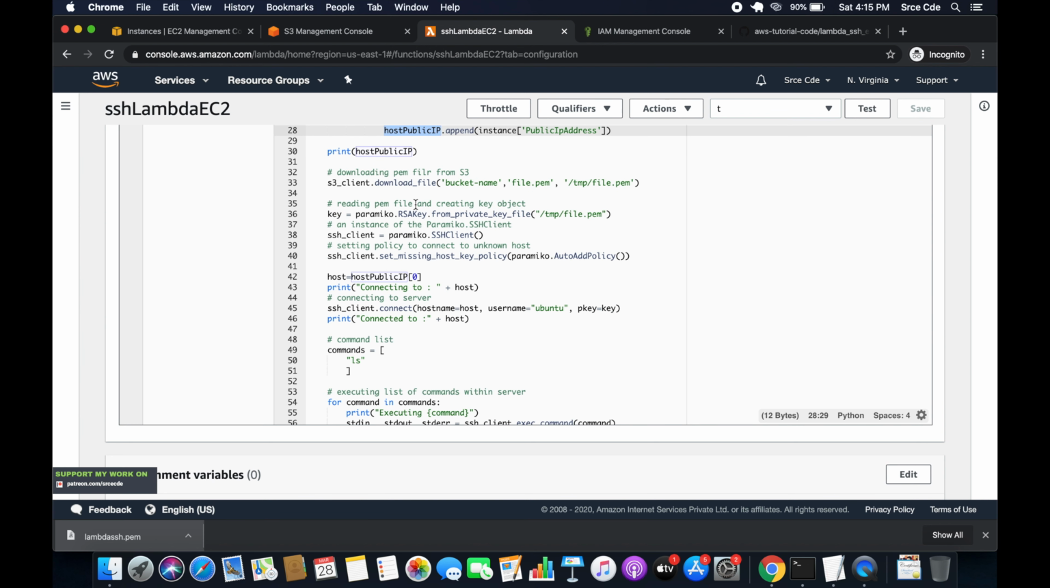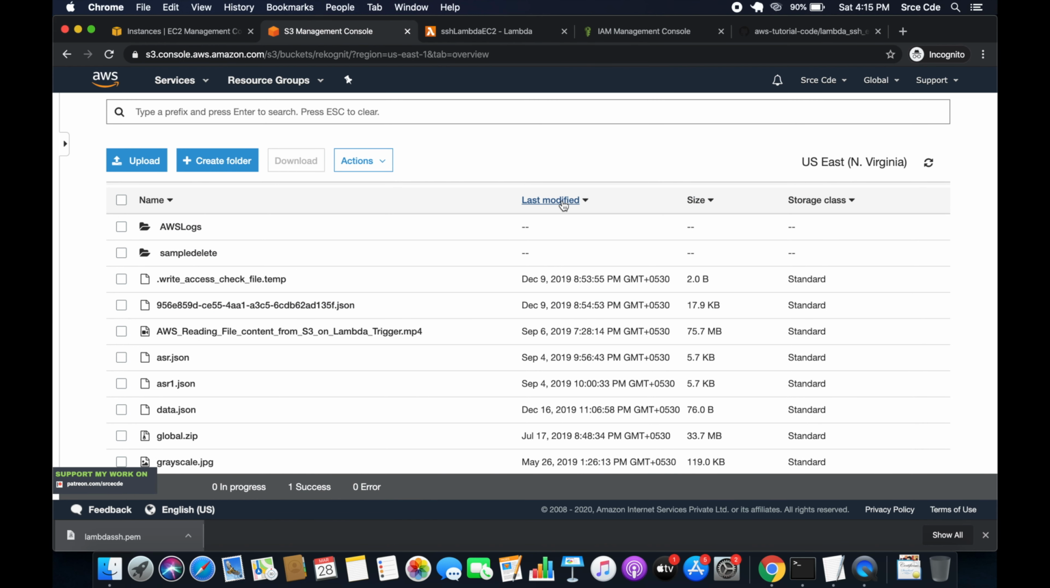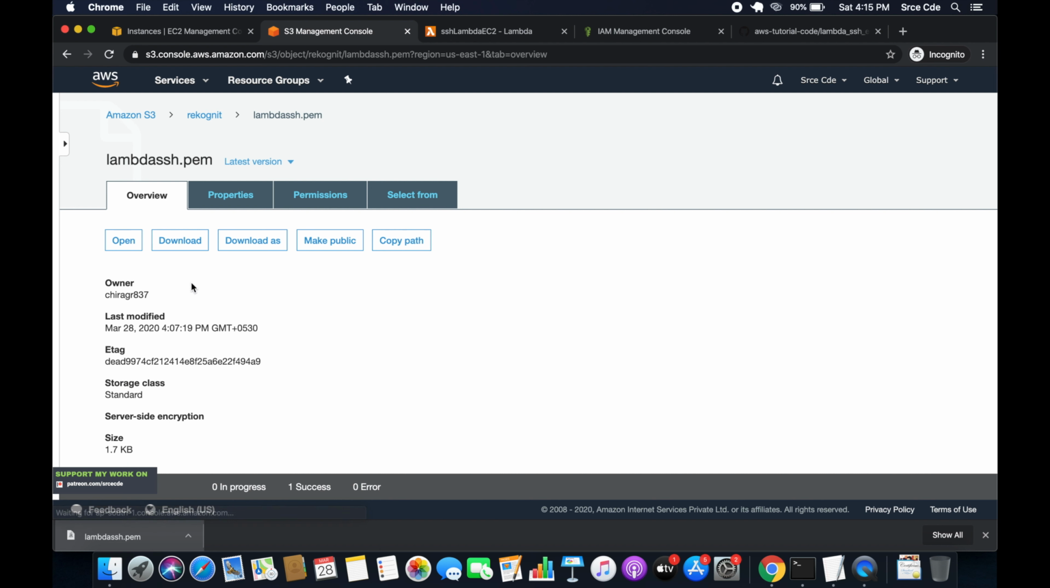And then finally, we will require the PEM file to access the EC2 instance or to SSH into the EC2 instance, right? So on line number 33, we are using Boto3 client.download_file to download the PEM file. So here you have to update the bucket name. So in my case, it's going to be recognite, right? And you have to reference the name of the PEM file. So in my case, it's lambda ssh.pem, right? So you have to update that too,